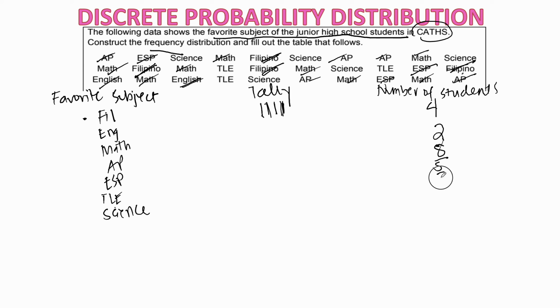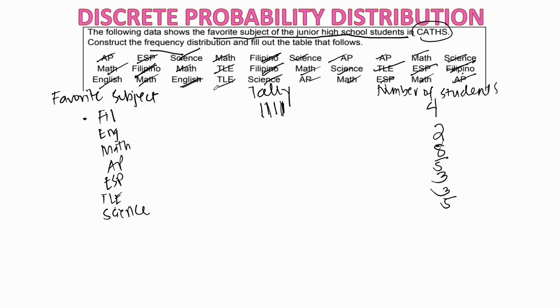So, 3 din sa ESP. TLE, 1, 2, 3. 3 sa TLE. Science, 1, 2, 3, 4, 5. 5. Okay? Na-cross out na ba lahat? I-double check. Ito na yung sinasabi ko, dapat observant ka at maingat ka sa pagtali mo, sa pag-treat mo ng data sa stat. Okay? So, kung na-cross out na lahat,